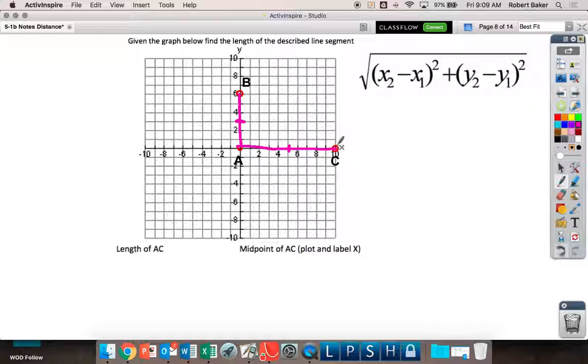And if I find the midpoint of this piece, 1, 2, 3, 4, 5, 6. 1, 2, 3, 4, 5, 6, 7, 8, 9, 10. So up 1, 2, 3 over 1, 2, 3, 4, 5. It creates four triangles that are all exactly the same size by plotting midpoints. So that's where we're going